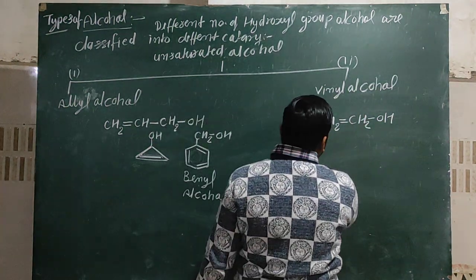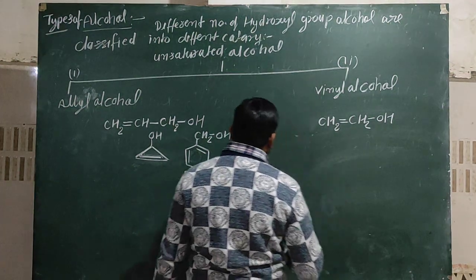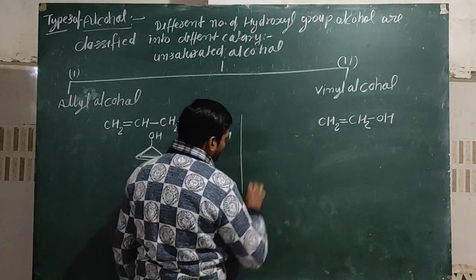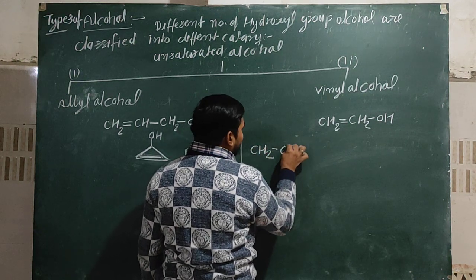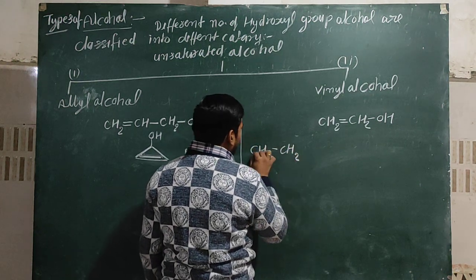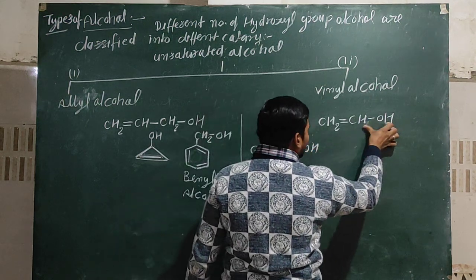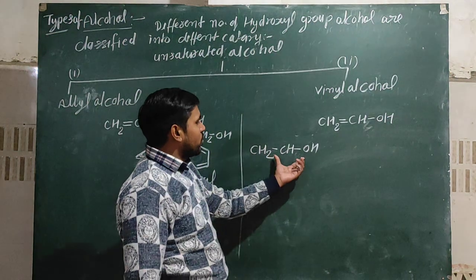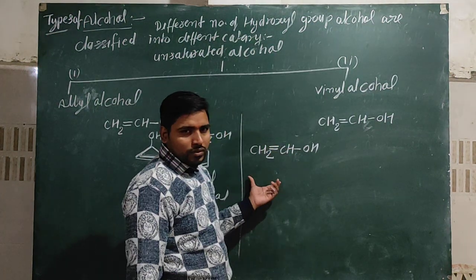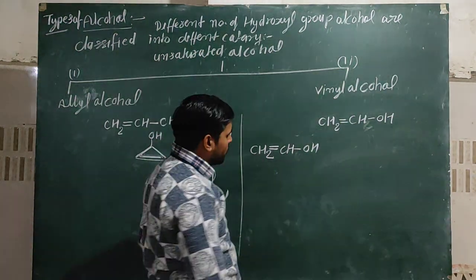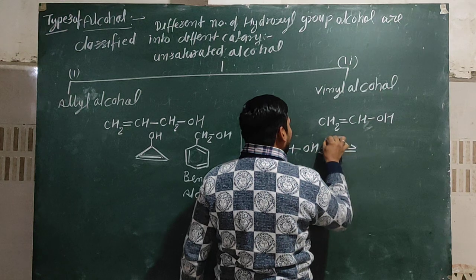Actually these are unstable products, because you can see here, when any ethylene alcohol like CH2=CH-OH, if this group where the double bond is present combines together, then by the process of tautomerism,